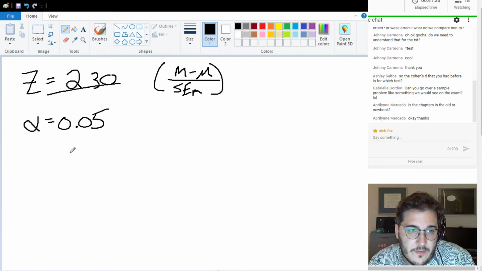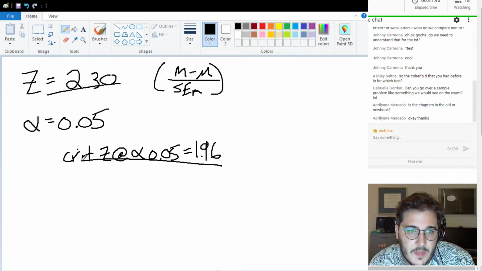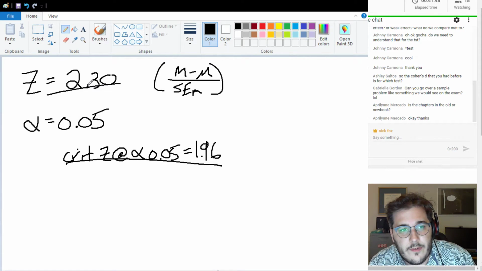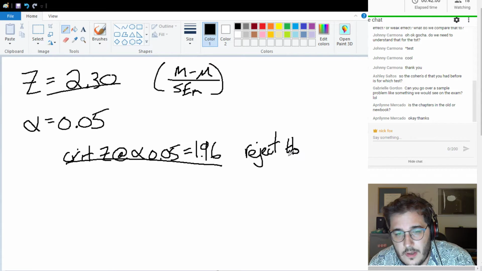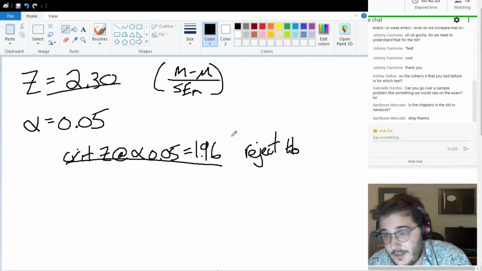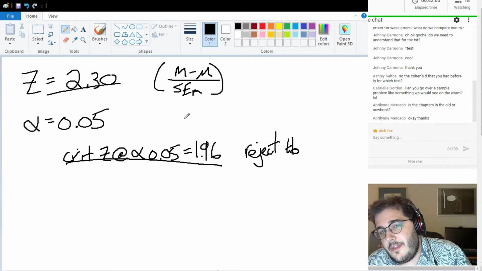Well, the critical value of z at alpha of 0.05 equals 1.96, right? So our value is 2.30. The critical value is 1.96. Our calculated value is more extreme than the critical value, so we would reject the null, right? That would be the decision you would make. You would say, okay, this decision might be the 1 in 20 that's incorrect, but it's more likely the 19 in 20 that is correct,